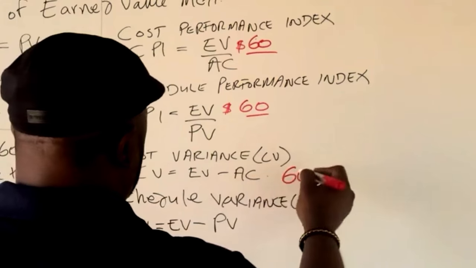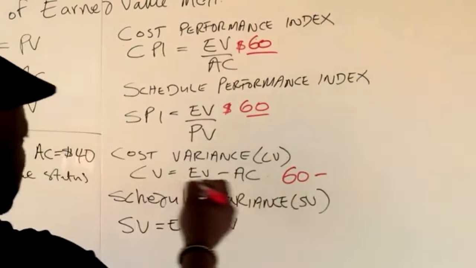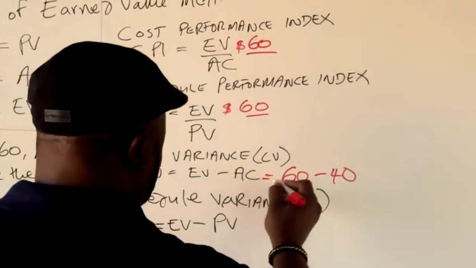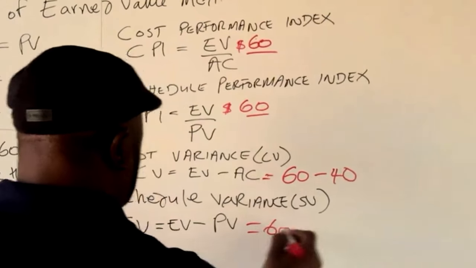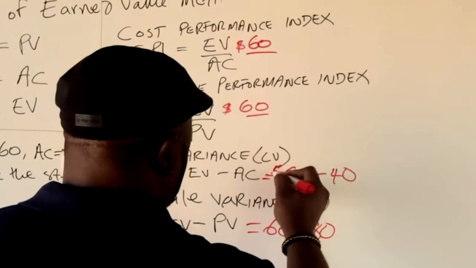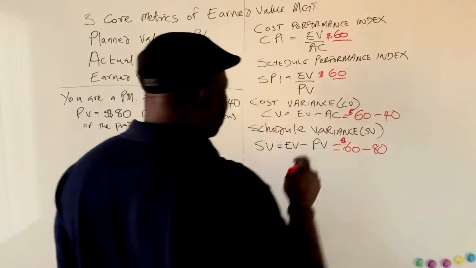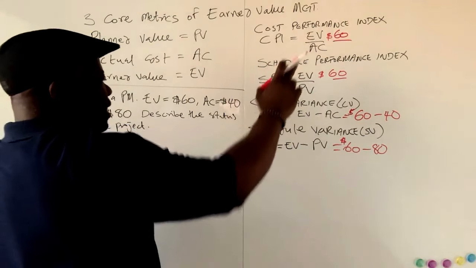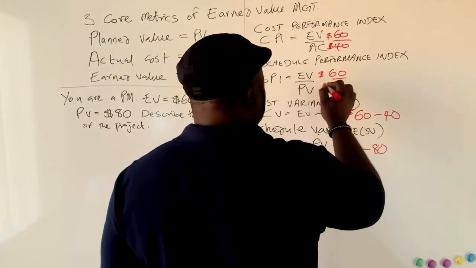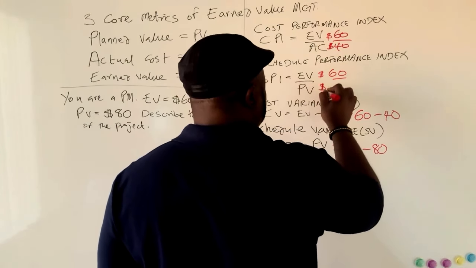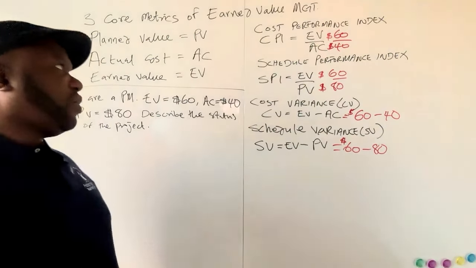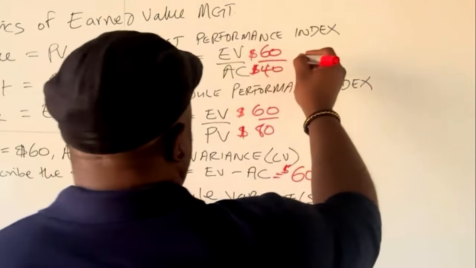So this is going to be 60 minus the actual cost of 40. This is going to be 60 minus the planned value of 80. Remember, this is going to be in dollars. Always include your dollars in your final logic. Again, for the cost, it's going to be divided by $40. And for the schedule performance index, we're going to divide that by $80. Okay? When all is said and done, you're going to get